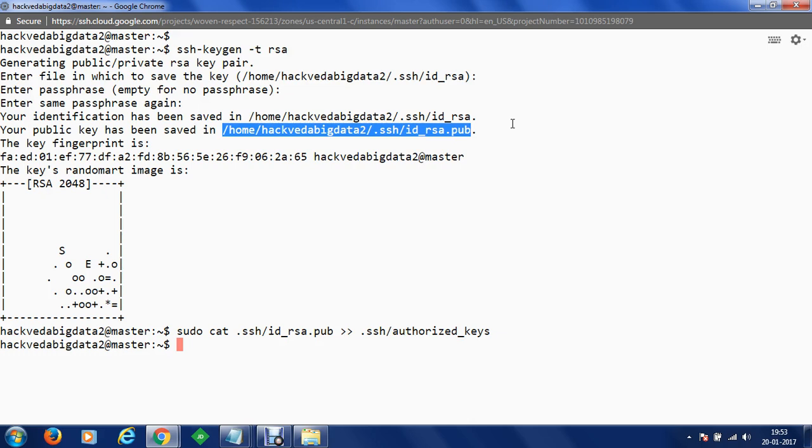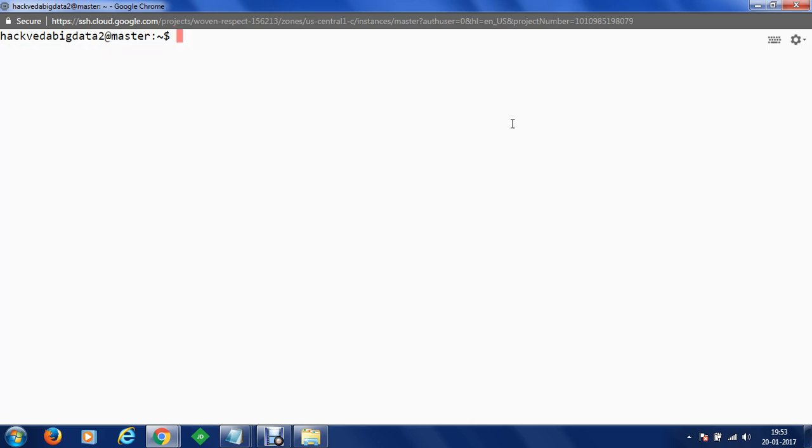So once we have given SSH access, next we would like to create a name node directory and a data node directory which will be used for analysis. To do this, let's make a directory with mkdir. We are going to use the -p option in order to create multiple directories by executing one single command.